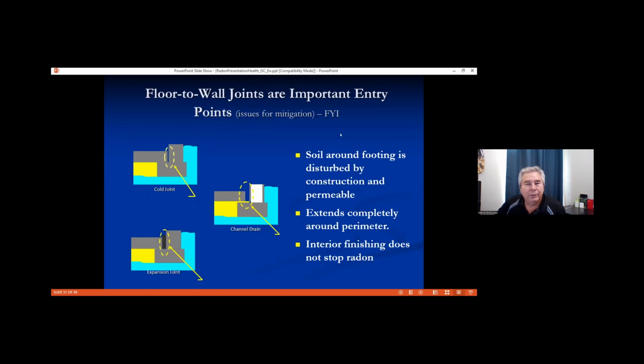Now, here I mentioned where radon gets into your basement. It's caused by this stack effect. A lot of times you get a crack forming between the foundation wall and the edge of your concrete floor. So this is one of the primary locations for the radon to get into the basement of your home. And it gets sucked in with the stack effect.